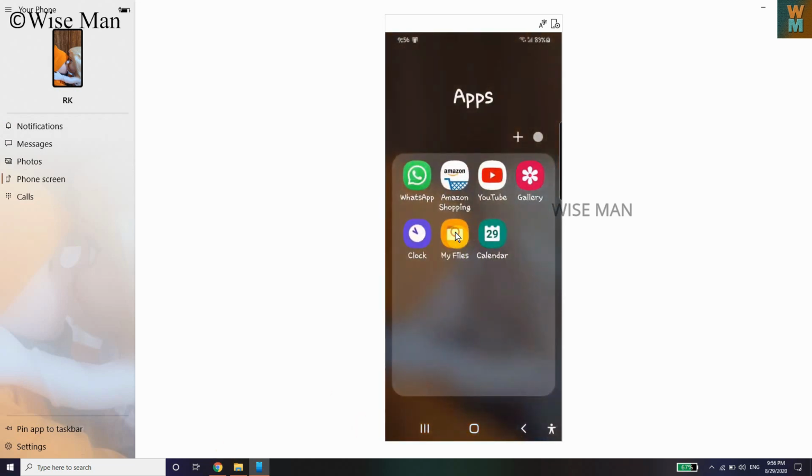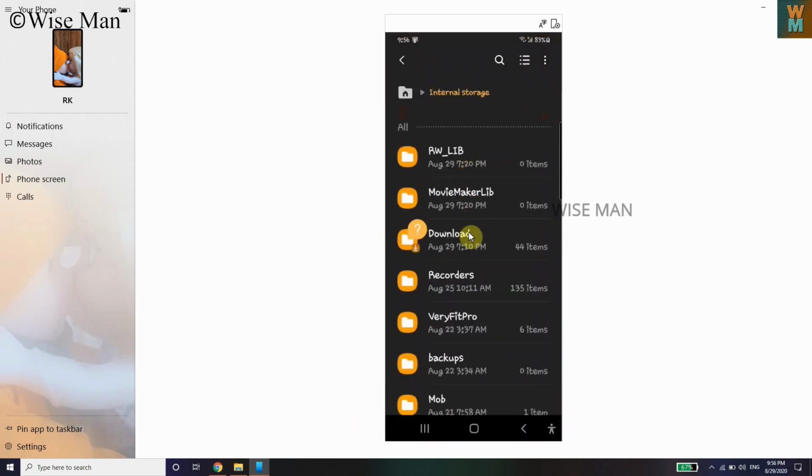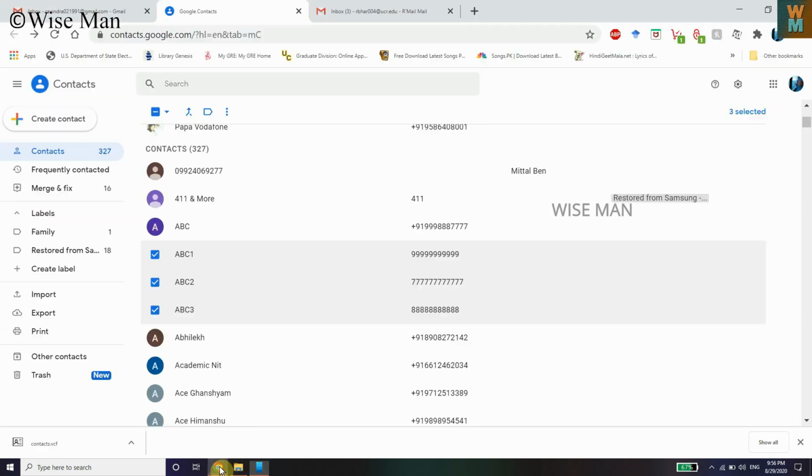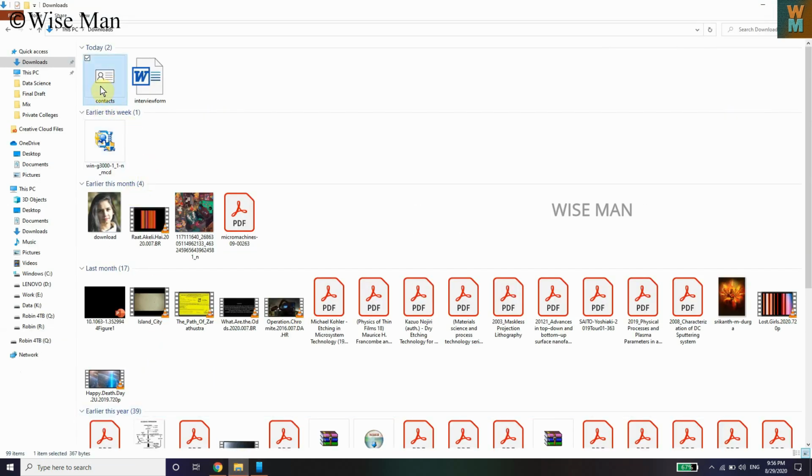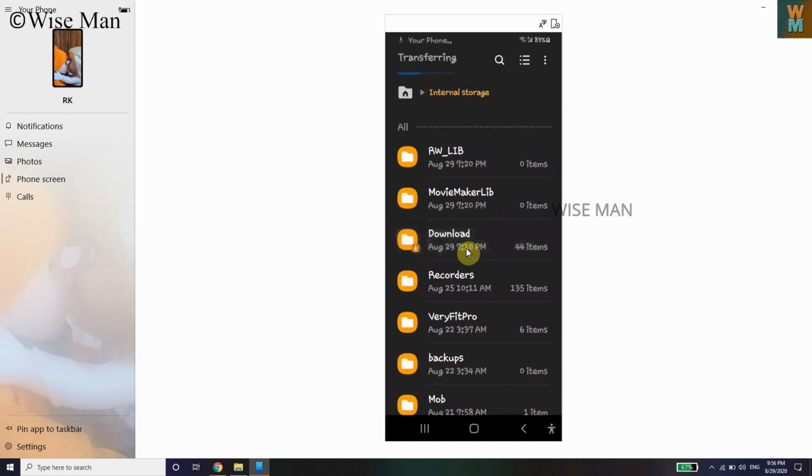So I will just drag and drop this vCard file to my phone's Download folder, and it has transferred the file. I have linked my phone to my Windows. If you don't have any software that can link your phone to Windows, try to connect your phone using a USB cable.